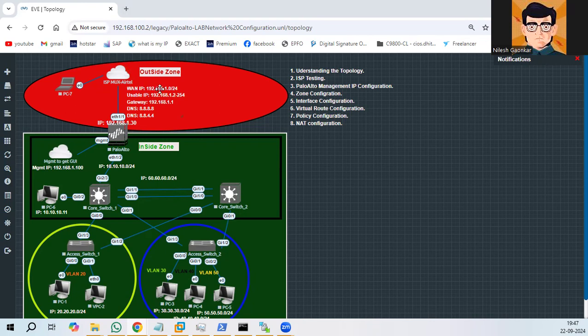Okay, so then they will provide the usable IP. For example, 192.168.1.30. Here I have taken /24, so I mentioned here 2 to 254. Then they will provide the DNS, primary and secondary DNS addresses. Okay, so for the testing,